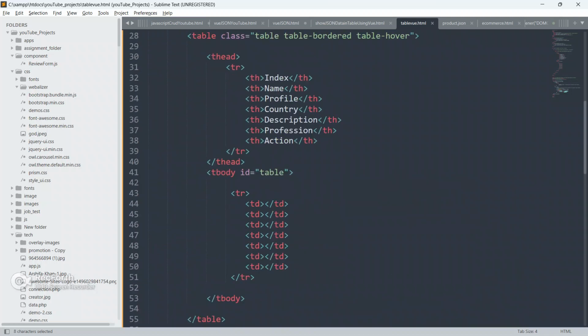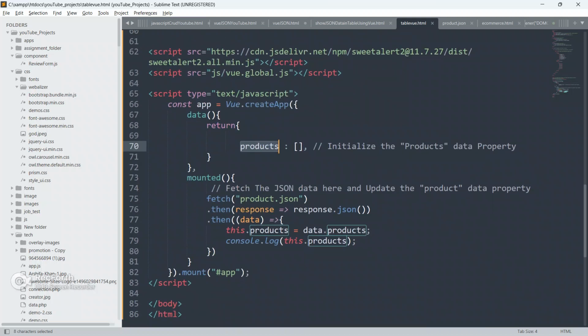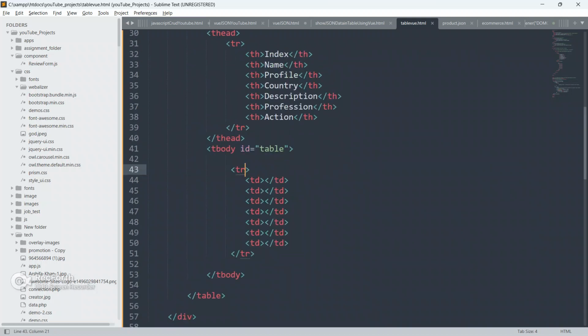So now I'm gonna go to the HTML part, and we will loop through all the objects from this.products by using the v-for directive.